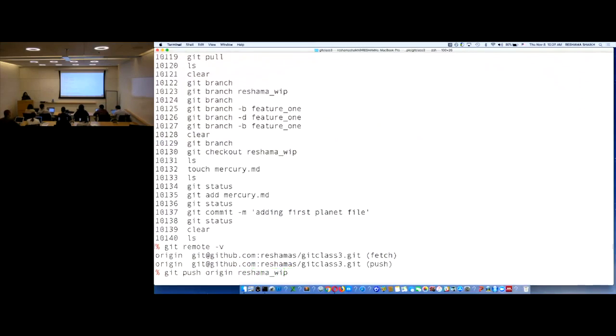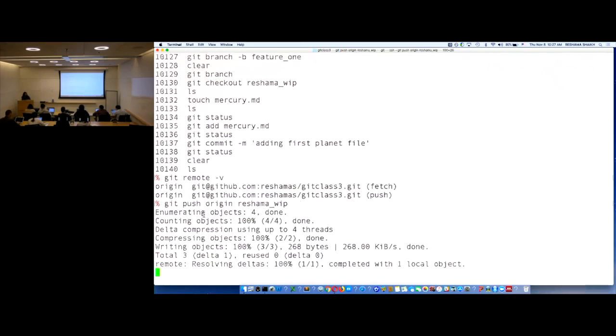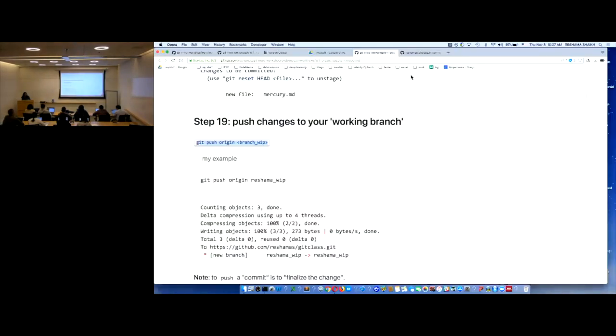Reshma_WIP. Now, later on when you become more proficient, for people who are learning Git, you can do some shortcuts, but in the beginning it's good to learn the whole syntax, because when you're working with different branches, you understand which branch you're pushing to. So git push origin Reshma_WIP. And, again, Git is really good at telling you what it's doing. It's like, let's make these changes, create a pull request. And then when I go to the GitHub repo,